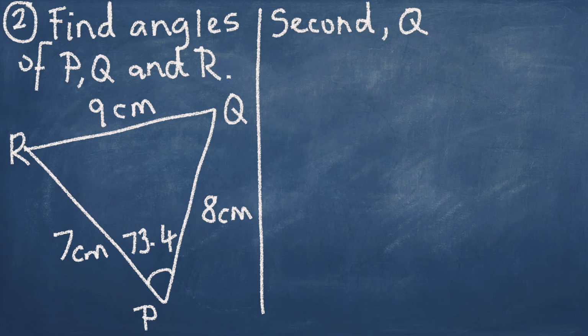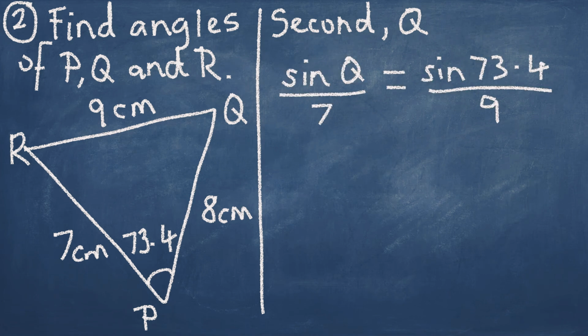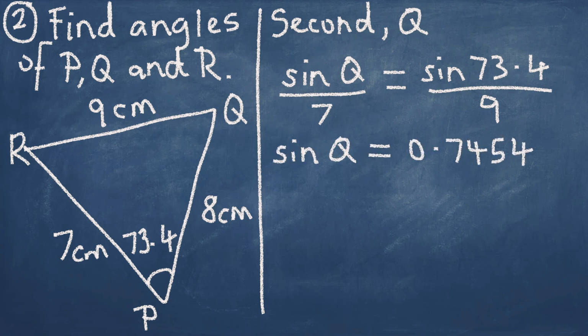Now you're going to refresh back the sine rule. If you want to find Q, the opposite is the 7. So we're going to use the sine rule. Sine Q over 7 equals sine 73.4 over 9. So you're going to cross multiply the 7 to the other side. So you're going to times 7 times sine 73.4 divided by 9, you get